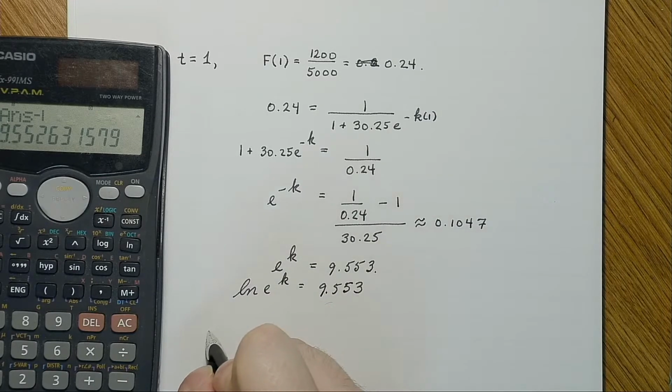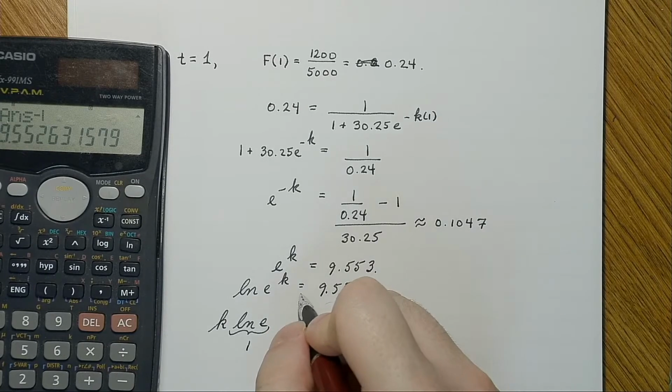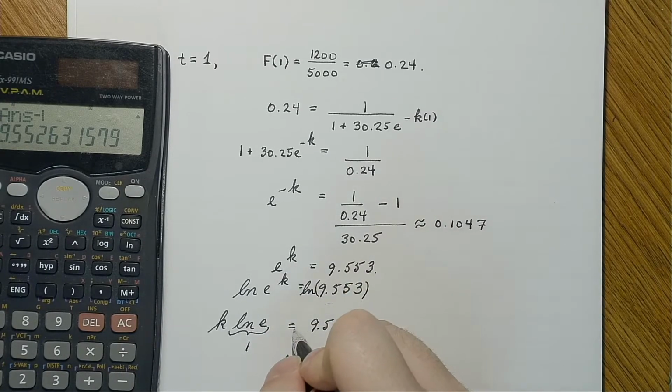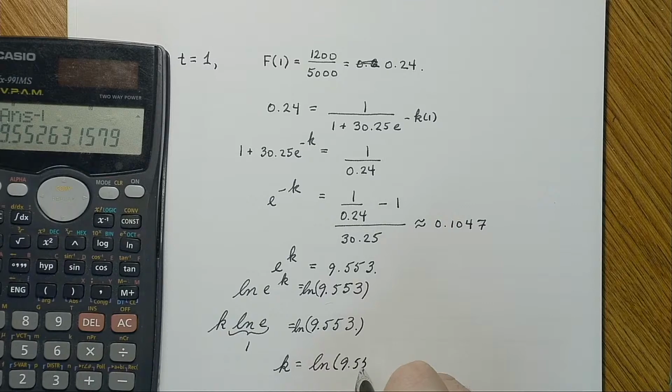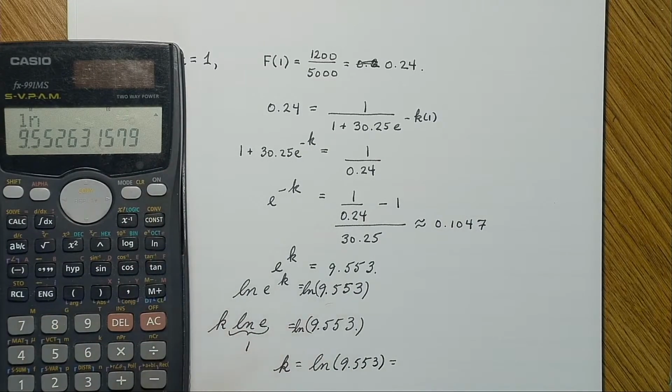The k comes down in front. And I should have an ln here as well because I'm applying it to both sides. So k is equal to ln of 9.553,